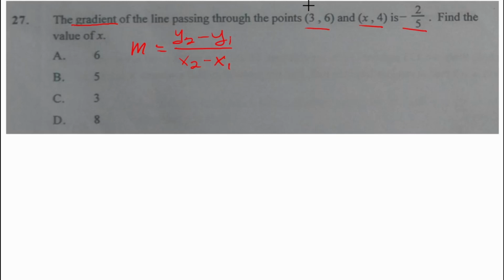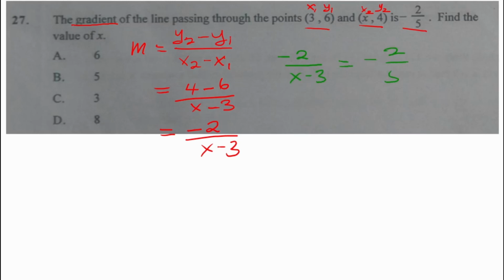And if we take the coordinates to be (x1, y1) and (x2, y2), then substituting, the gradient is going to be 4 minus 6 all over x minus 3. So the gradient of the line joining these points is negative 2 over x minus 3. And the question said this is equal to negative 2 over 5. So I'm just going to equate the two of them, and whatever I get as my answer, that is the final answer. So equating the two, I'm going to have negative 2 over x minus 3 equals negative